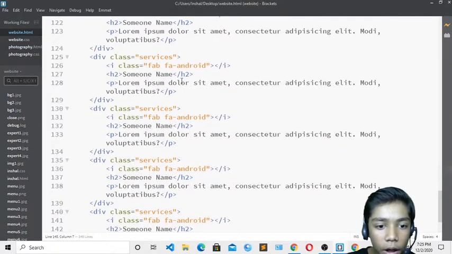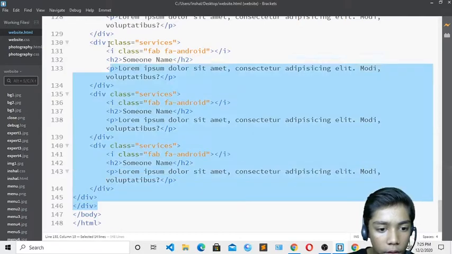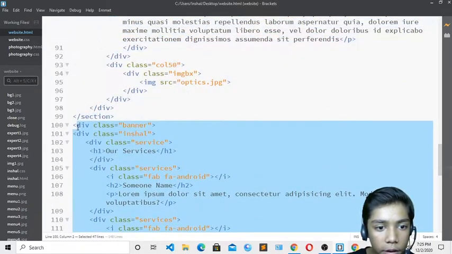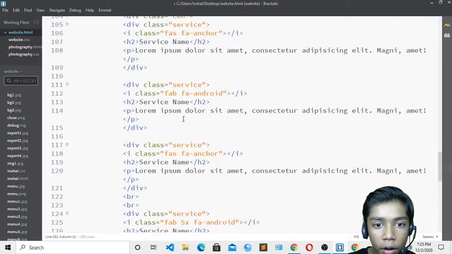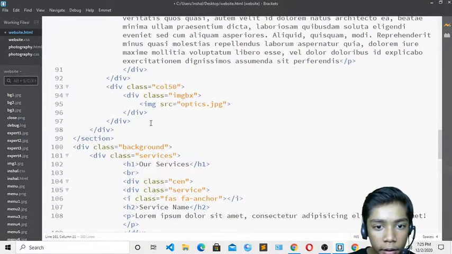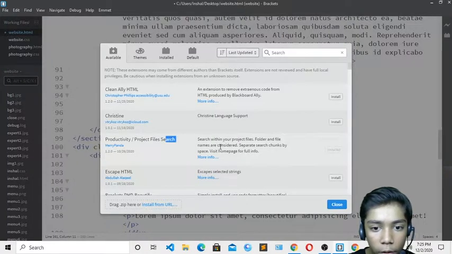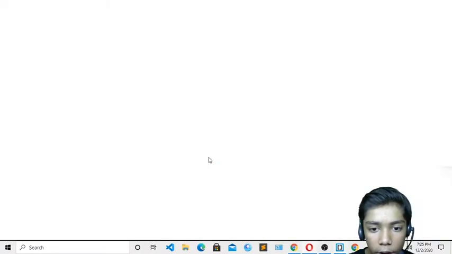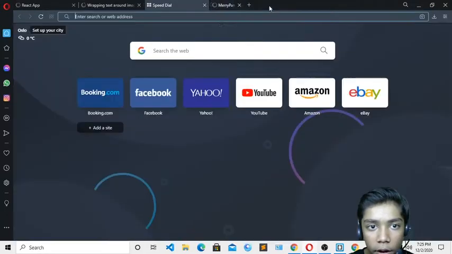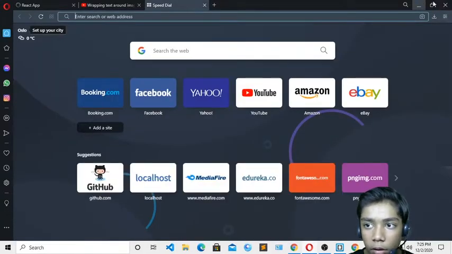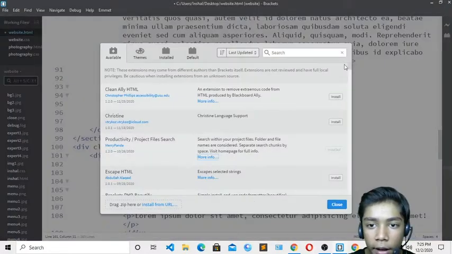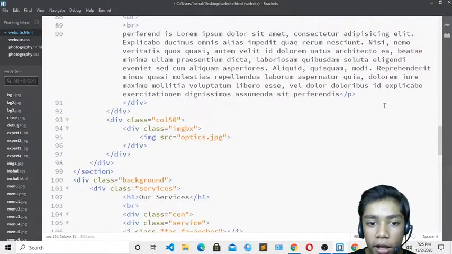Now here we have to go to our highlighted one, then I have to paste. And now here I have to do just like that, and if I go over to the extension, go to productivity, file checker, more info. So I will close this. Now it is doing good, so I will close that, and I will close that also. So now here we have done.